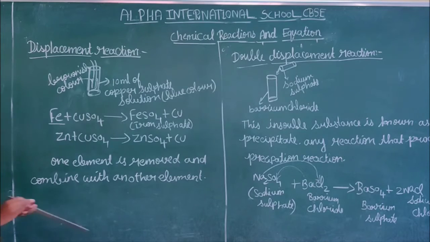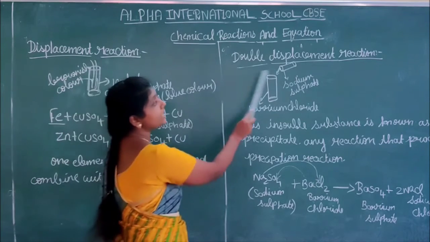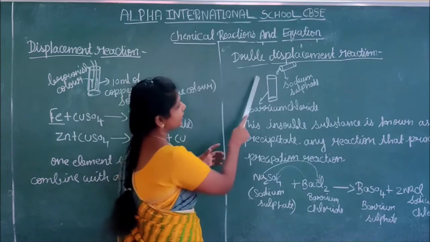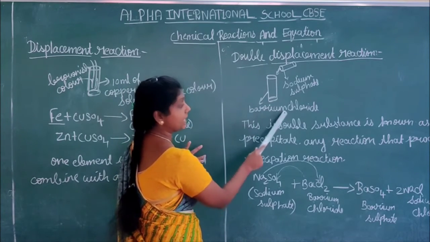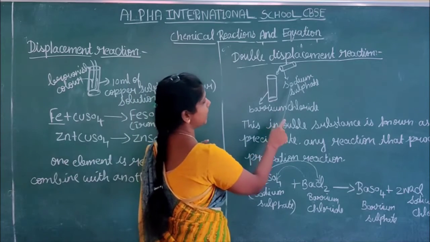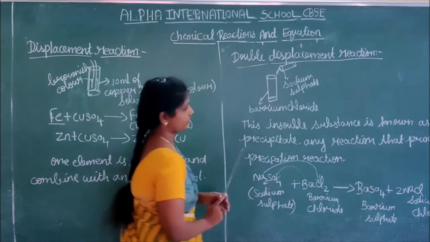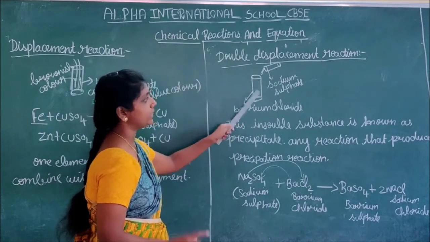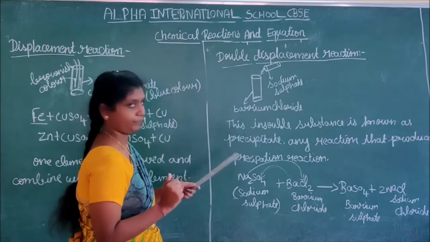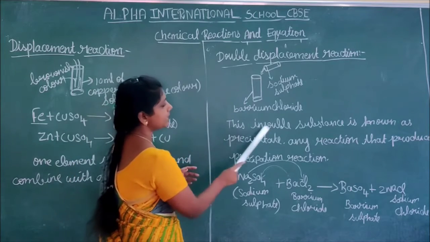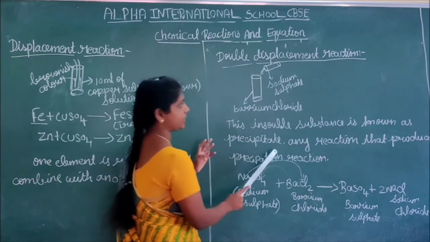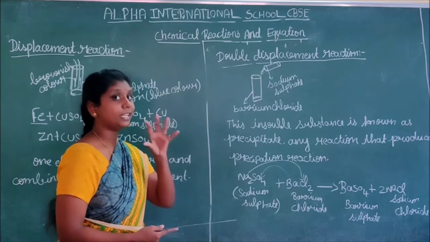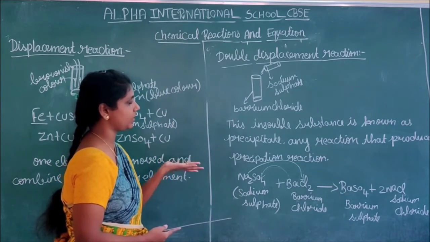Do you understand? Next we are going to discuss what is double displacement reaction. They are taking two test tubes. In the first test tube they are pouring barium chloride, and in another test tube they are pouring sodium sulfate. After adding sodium sulfate to this barium chloride, an insoluble substance forms. This insoluble substance is known as a precipitate. Whenever any solution is insoluble, we can call it that solution